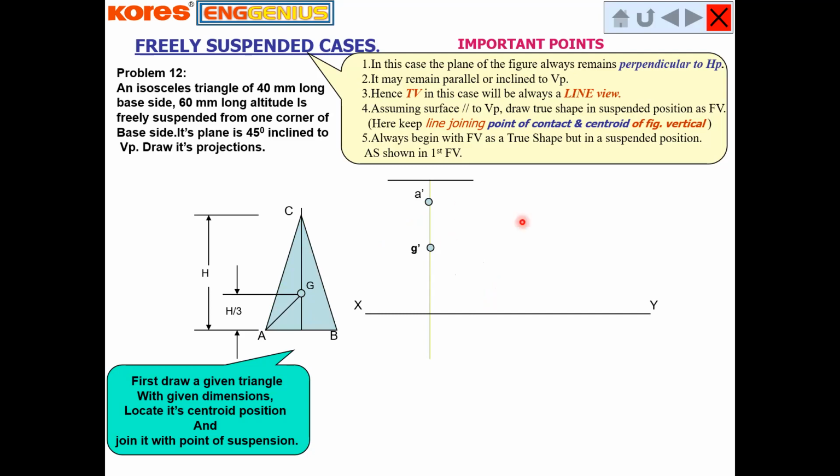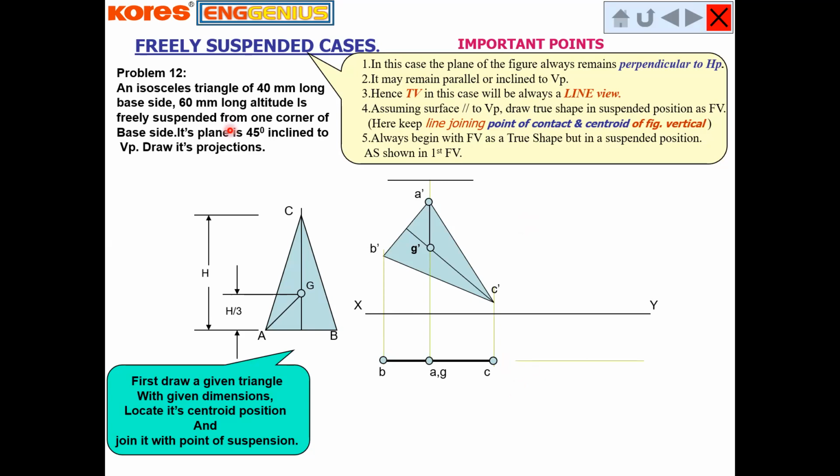And right now in our case, the inclination is that AG must remain perfectly vertical. So this is the regeneration of the true shape, but by keeping AG in a vertical condition. Then the remaining process is the same as our previous drawing: we take the vertical projections in the downward direction from all the points, and we can draw the top view initially by assuming the plane parallel to VP. If the plane is parallel to VP, its top view will be perfectly horizontal, or you can say parallel to the XY line.